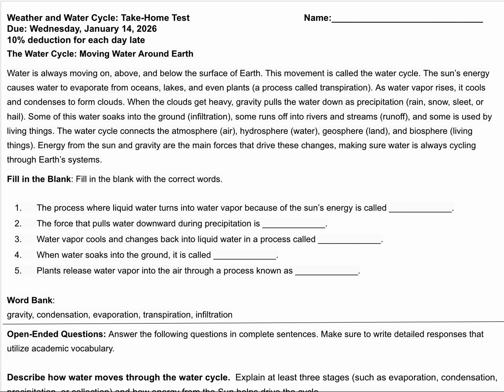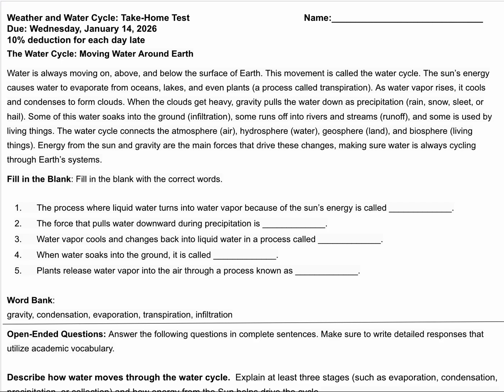Some of this water soaks into the ground: infiltration. Some runs off into rivers and streams: runoff. And some is used by living things. The water cycle connects the atmosphere (air), hydrosphere (water), geosphere (land), and biosphere (living things). Energy from the sun and gravity are the main forces that drive these changes, making sure water is always cycling